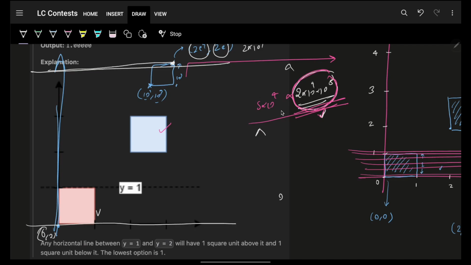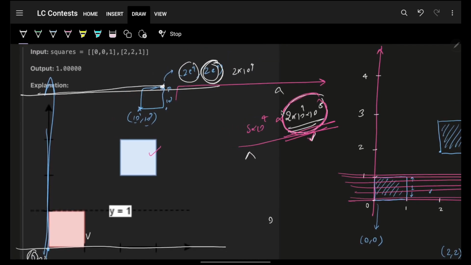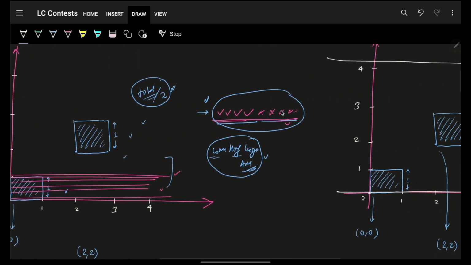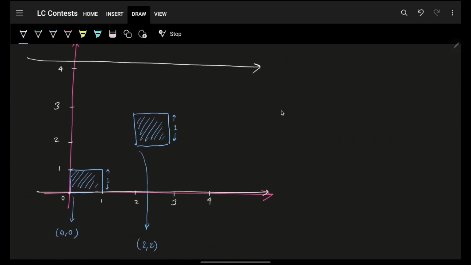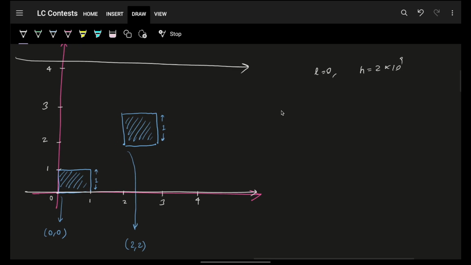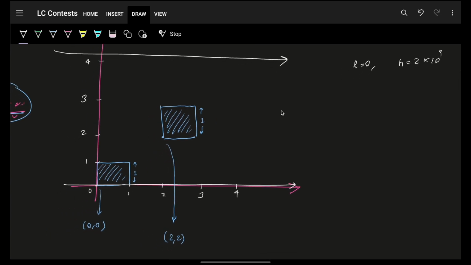So for me, the minimum is 0, maximum is 2 into 10 to the power 9. You can easily take low as 0, high as 2 into 1e9. That's completely perfect. But obviously, there's always a chance of pruning, which means that rather than taking 2 into 1e9,